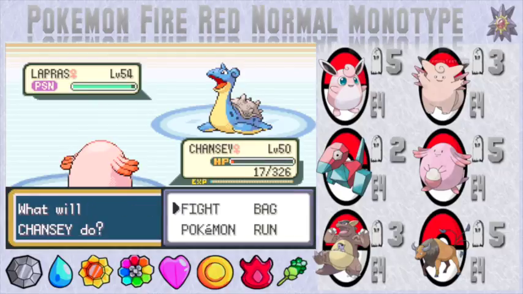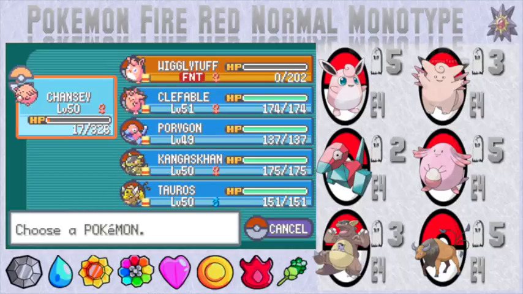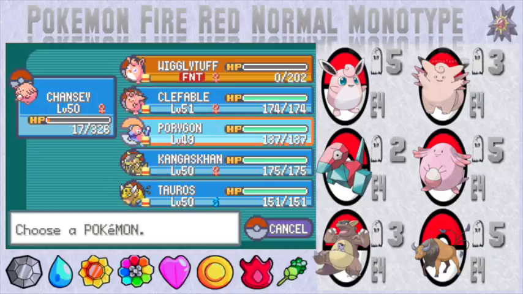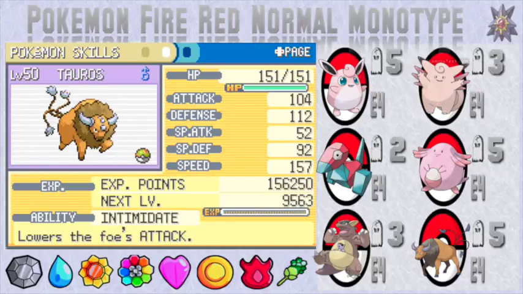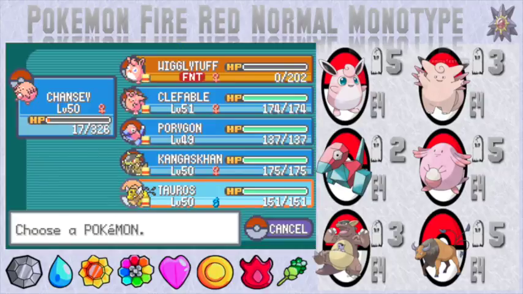Okay, so that actually did an awful lot. You do outspeed. So, let's just check stats, defense. Best defense is actually Tauros. What can Tauros do in return? We can...